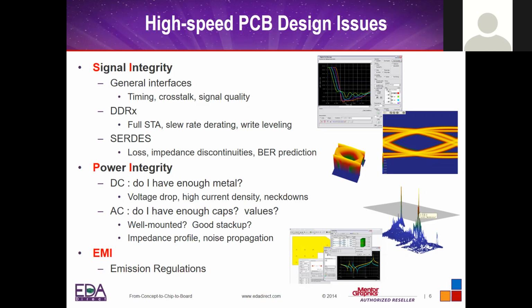So those are for the general interfaces. DDR we talked about, but there are capabilities within the memory subsystem that you should take advantage of, things like slew rate derating and write leveling if you have multiple chips connected to your controller. So how would I take advantage of those capabilities to help me have a more robust memory subsystem with